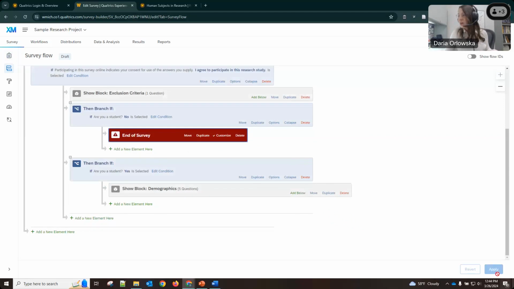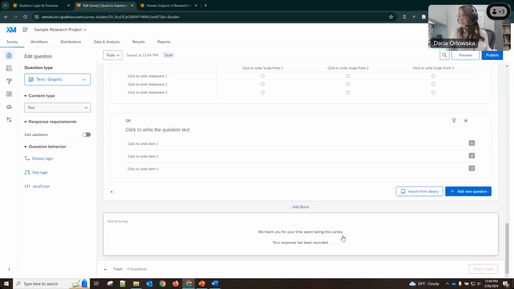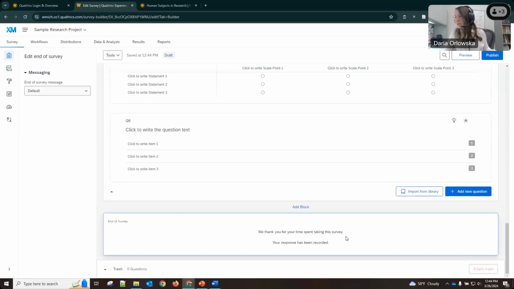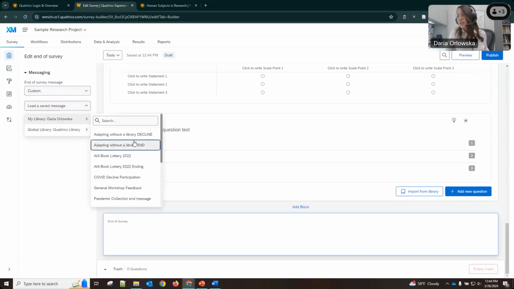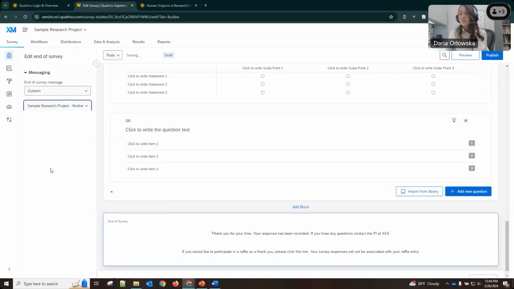So I applied all those changes. We're going to go back into the survey builder. And if we scroll all the way down, we have the end of survey message. If we click on it, you'll see end of survey message default. I want it to be custom. I'm going to load the message that I created, which was the finished one. And now you see it previews what I put in, which is great.